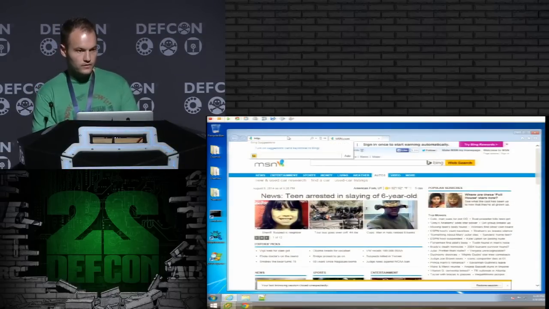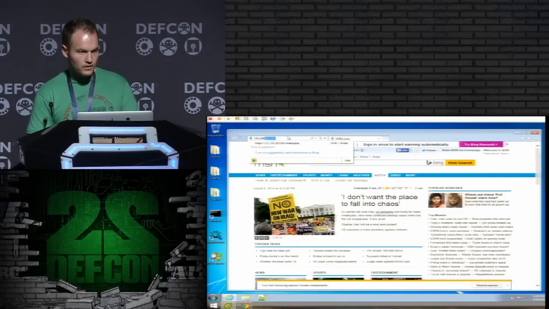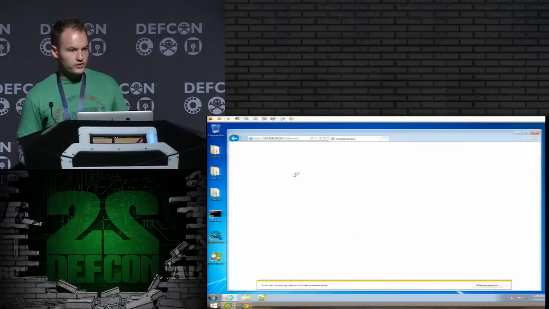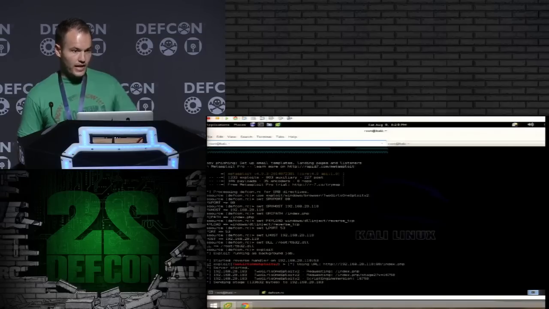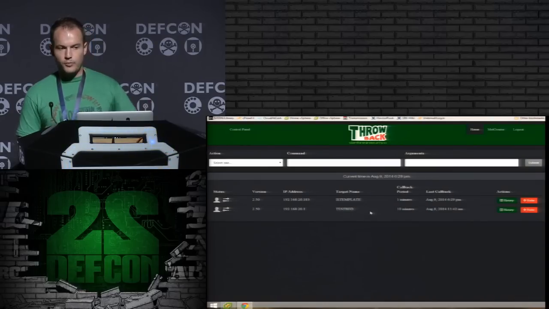And I think that's it. Just /index.php. So what that's going to do is exploit the browser, obviously. It's going to inject the custom DLL into memory. And so now if we pull this up, we should very shortly see a new box pop up because our DLL just got injected.